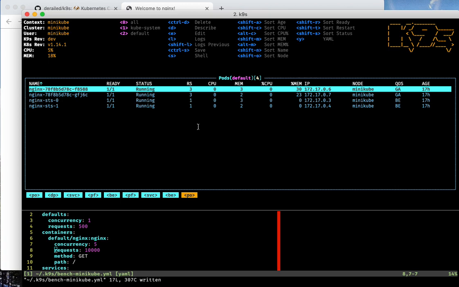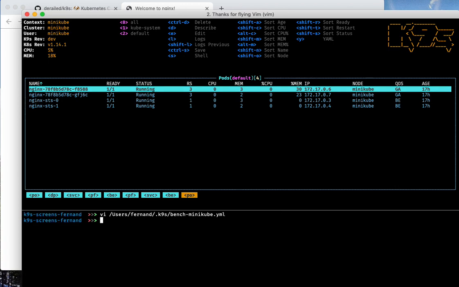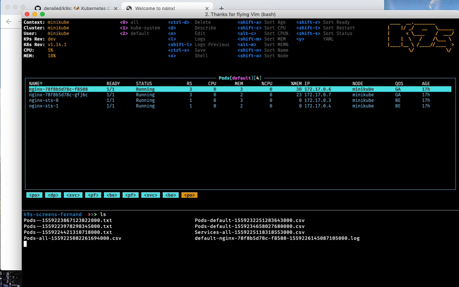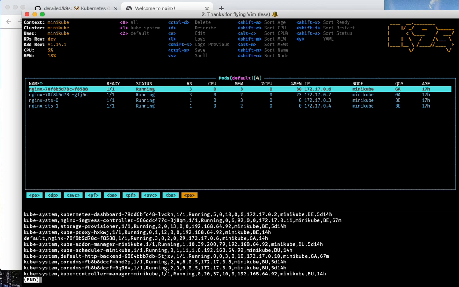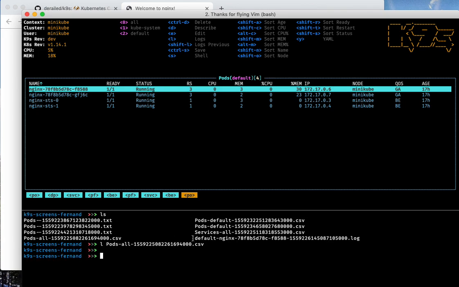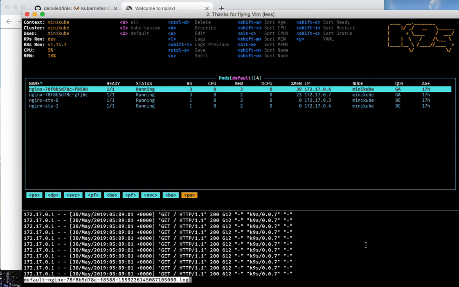For logs, we're just going to dump it as text. So let me show you this really quick. In this case, for the pod view, I can see that CSV for the pods. Similarly for the logs here, I can view the logs directly there. So again, the ability to really dump the content of the screen over to a file, and then you can do further analysis on that or share it with other coworkers.